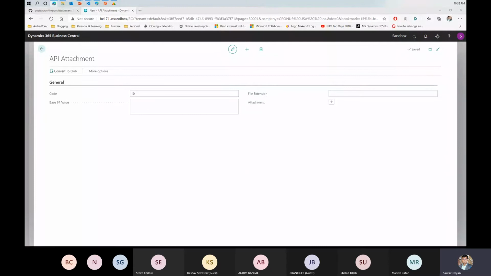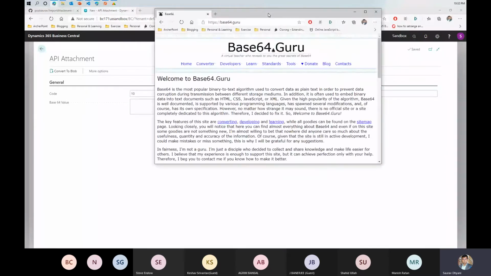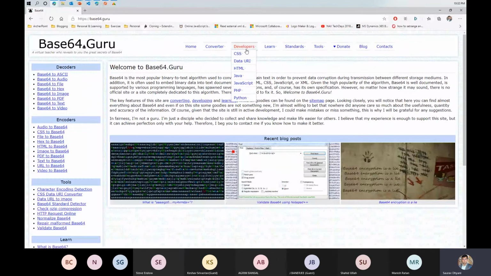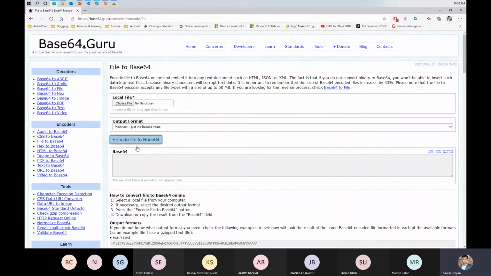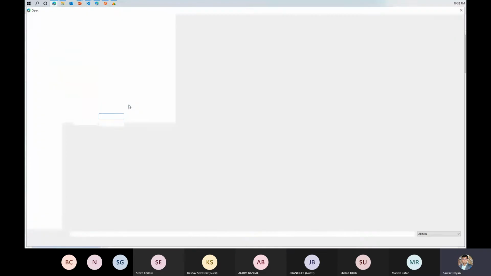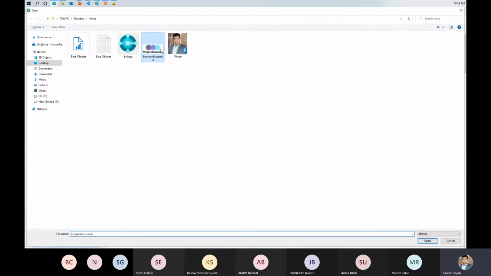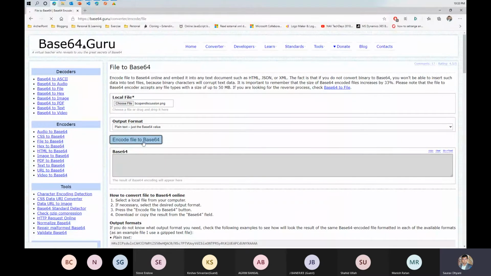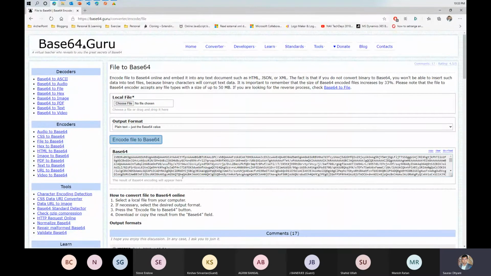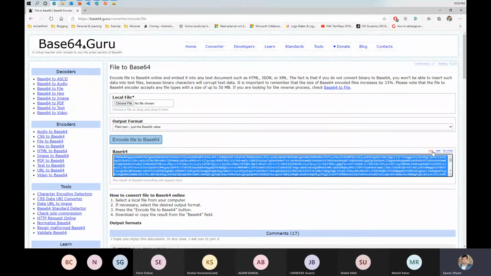Now the challenge was how actually can I test it? And while I was searching for it, I found this website called Base64 Guru, which for your testing is super cool. You can do all types of conversions. So what I actually wanted is file to Base64. So I went to this link, and you select a file and it'll encode that file into Base64 and give you the Base64 string here. So let's do that, and let's select, just for discussion, this file. You click on this action, and this is your Base64 code for this file. So I'll just copy this,